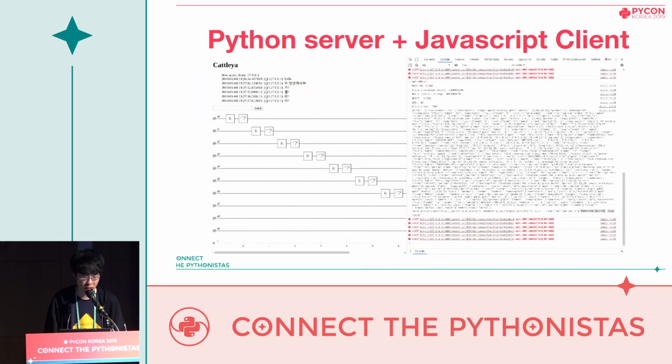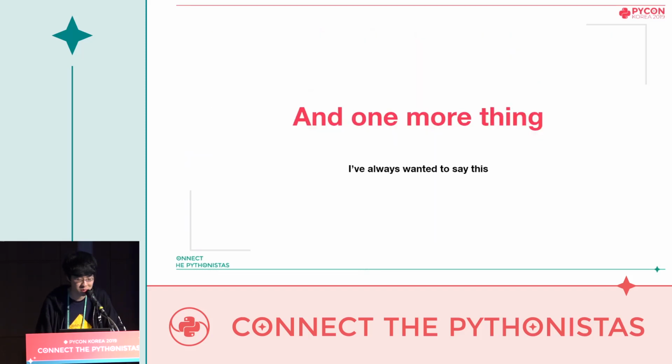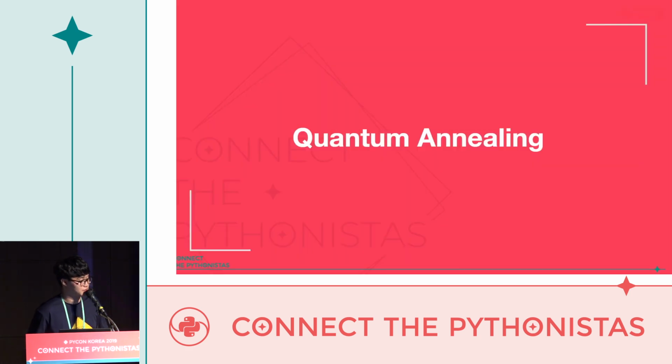And actually, we made a JavaScript client as well. Just forget it. And there's one more thing, which is called quantum annealing. We recently started this, and our team manager will explain this concept. Seems like time's running out. Yes, so what we wanted was to explain quantum annealing, which is different from quantum gates, but apparently we have only 40 seconds left, so we have to wrap up right now.